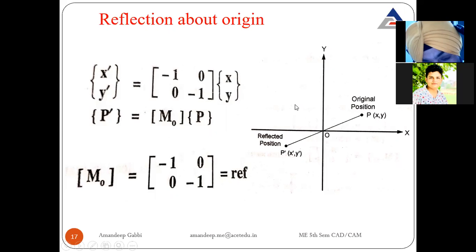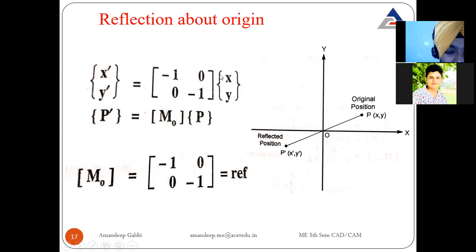Similarly, if the point is in the second quadrant, somewhere here, I hope you are able to see the cursor, right? Here x is negative, suppose -3 comma 2. Now if you introduce this minus sign to both, -3 will reach 3 here. Now x will become positive, and 2 is positive. Now if the minus sign is introduced, this becomes -2 at the bottom. Now y will become -2.